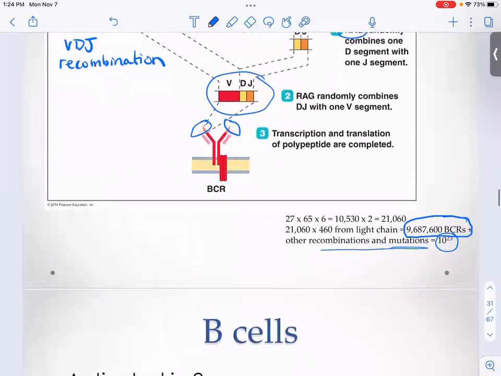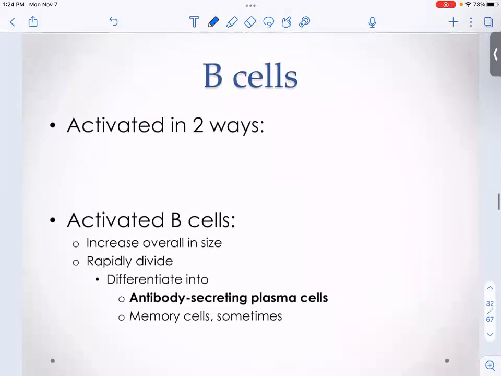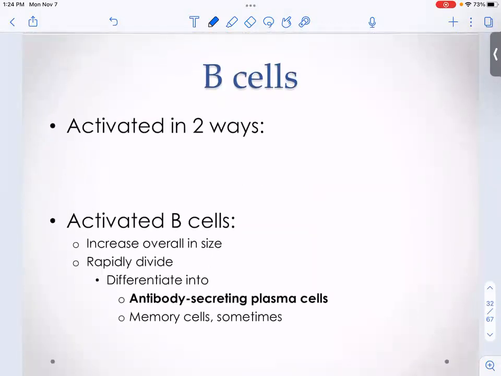Okay, so that brings us to how B cells are activated. And remember what happens when they're activated. Let's talk about that first. I'll skip down here. B cells get a little bit bigger. They start to rapidly divide, and they're going to differentiate into plasma cells. Okay, so it's the plasma cells then that secrete antibodies. And then sometimes we also get memory cells. It depends, though,